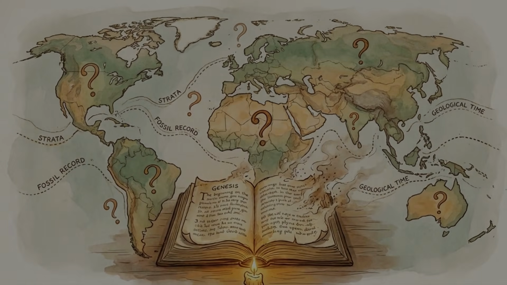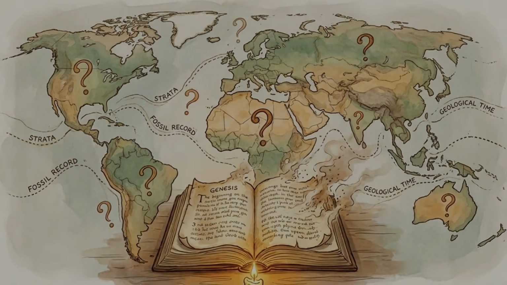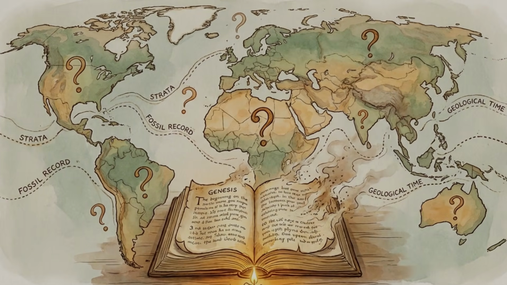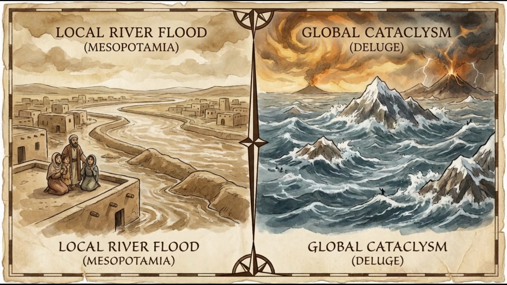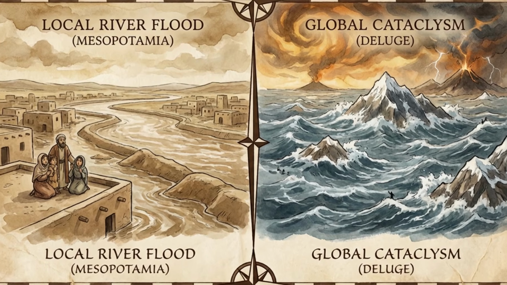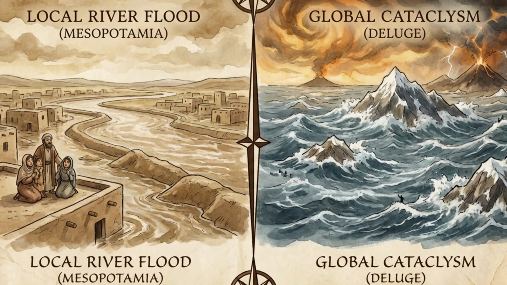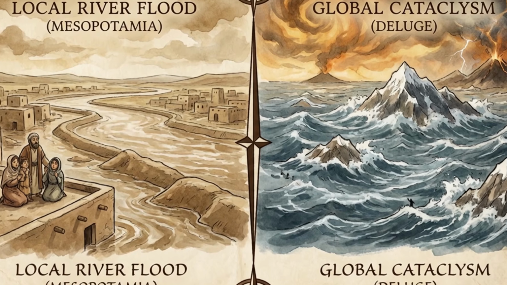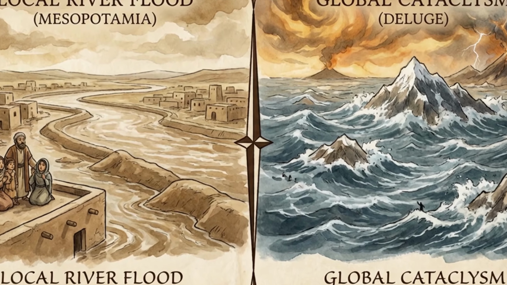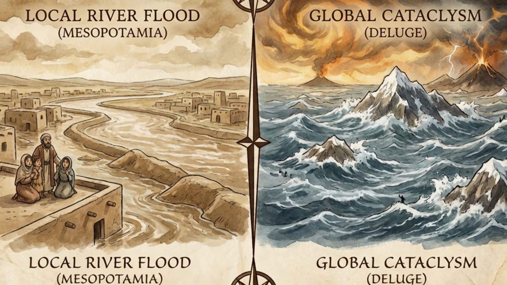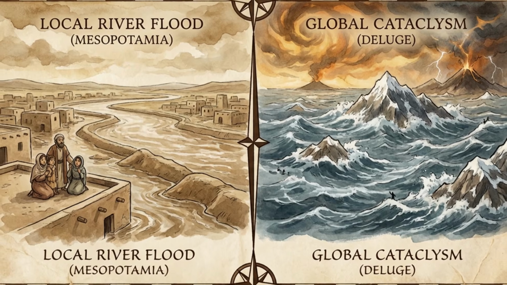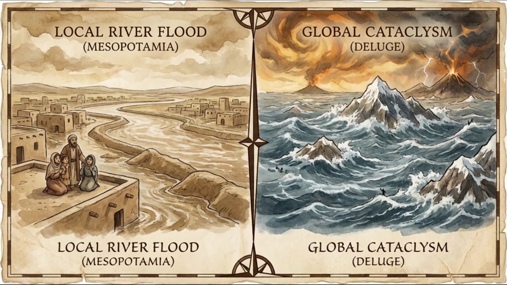There is a question that has followed the Genesis flood account for centuries, asked by skeptics and believers alike. If Noah's flood was real, it was either the most important geological event in human history, or it was a local river overflow in ancient Mesopotamia that a frightened family mistook for the end of the world. It cannot be both. And the difference matters enormously, because a local flood leaves local evidence, while a global flood